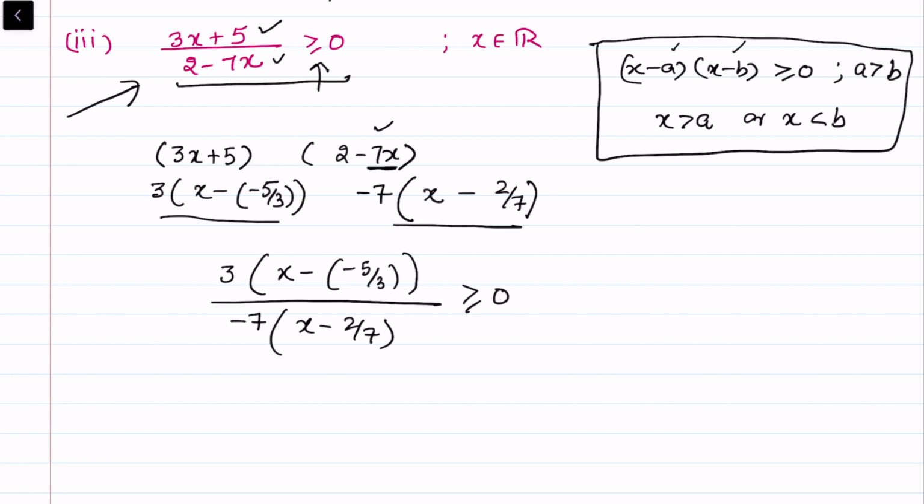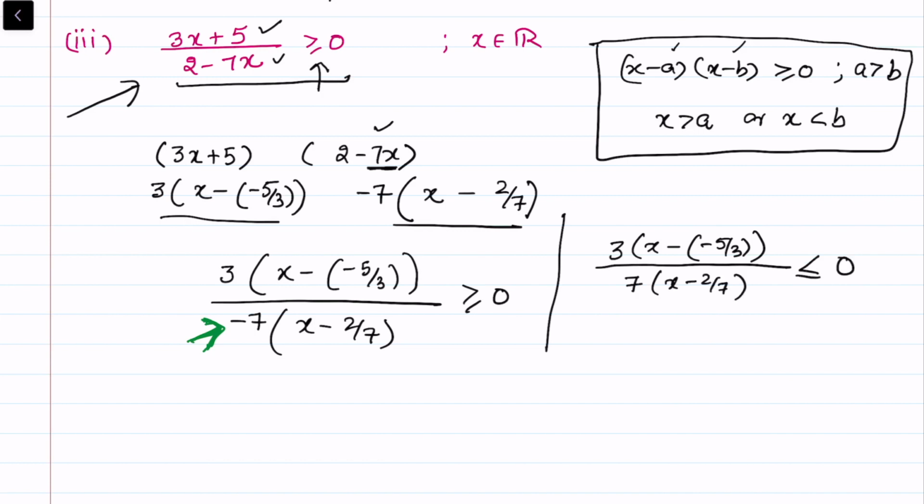But we see that we got a negative sign here. So when I want to remove this negative sign, this is the same as 3 times x minus of minus 5 by 3 divided by 7 times x minus 2 by 7, and just reverse this inequality because I have removed the negative sign here. Now because it is negative, I want to apply the negative formula. The negative formula was, whenever x minus a into x minus b is less than or equal to 0 and a is greater than b,